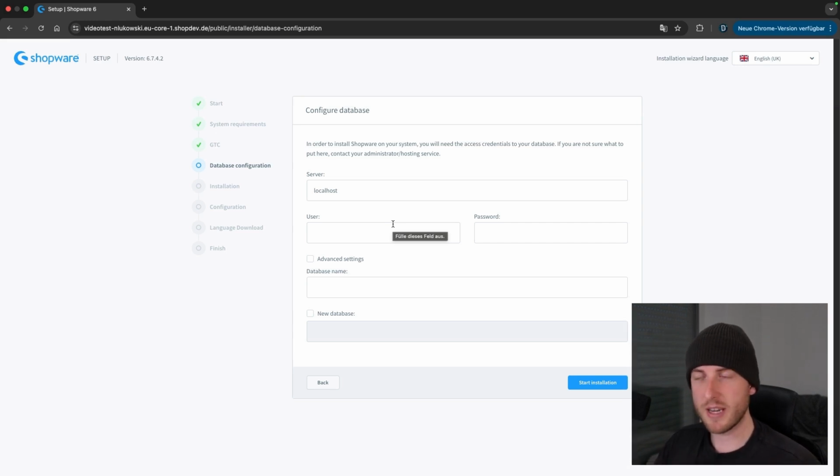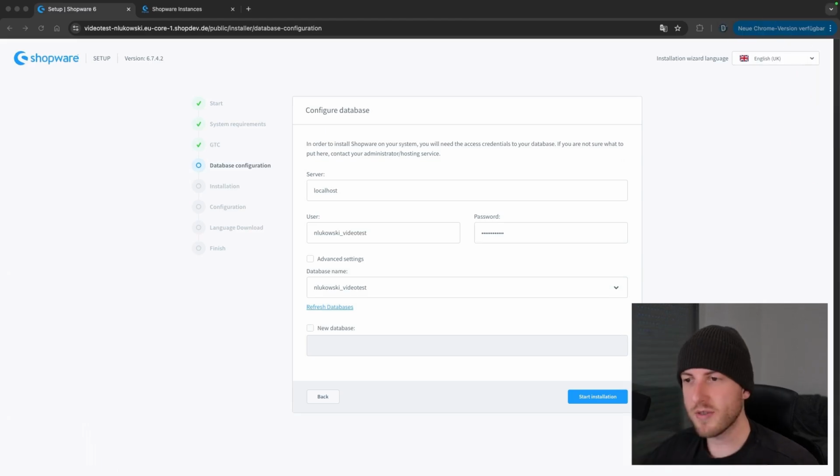My server is running MySQL, and I really just have to enter the data for my user here, and then I can create a new database where all the Shopware data will subsequently be stored. I'll just quickly copy that in. After I entered the credentials for my database user, in this case, as I said, MySQL, it logged in directly